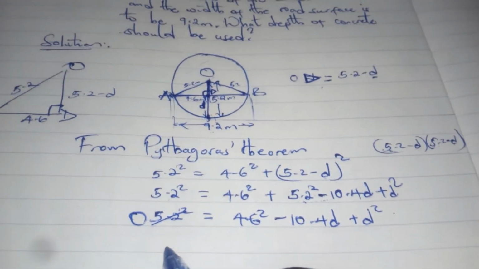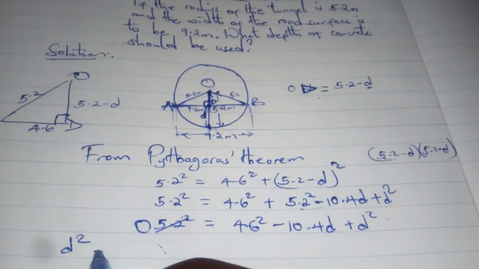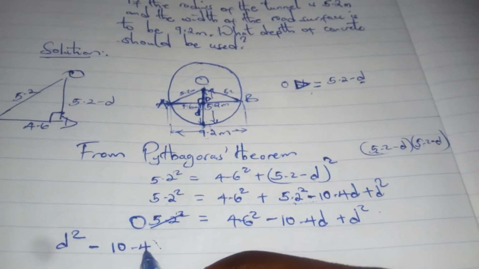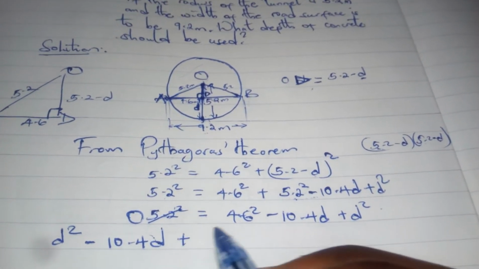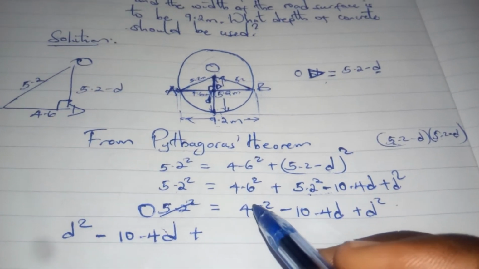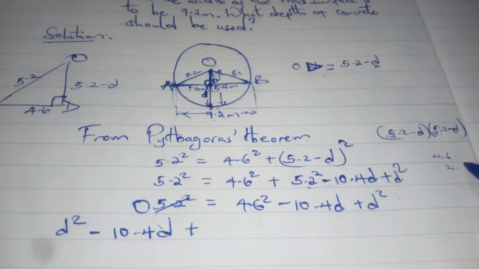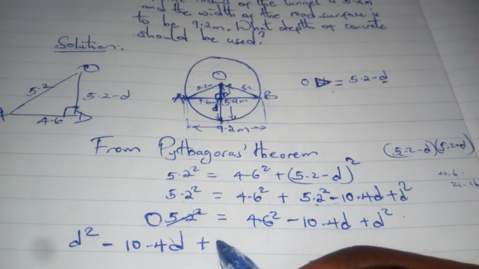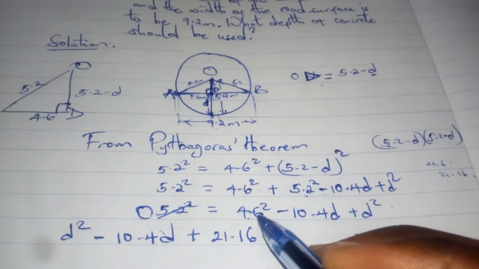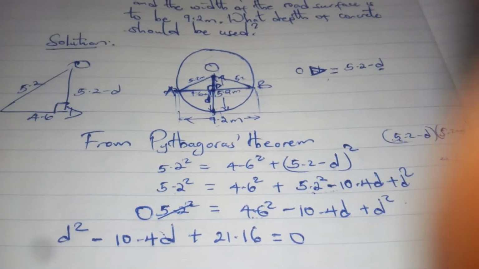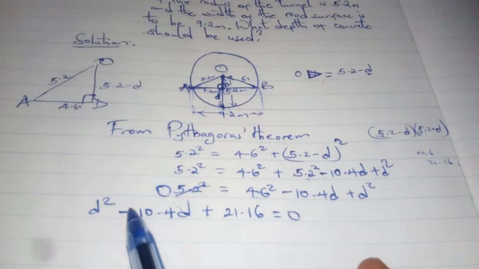So we have a quadratic equation, which is D squared minus 10.4 D, then plus 4.6 squared. 4.6 squared is 21.16, equals 0. If you square that 4.6, I think it will be there. So now you realize that we have a